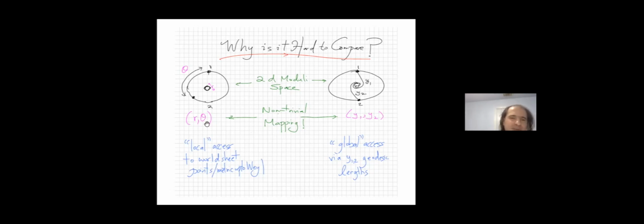the usual string worldsheet picture parametrizes the moduli space. This moduli space of the usual string worldsheet is associated with two numbers, which are the length r here, the size of this little inner annulus you can think of, and the distance between these two marked points. Or if you think in terms of the rectangle model for the annulus, just the side lengths of the rectangle that we're identifying to make the annulus, okay? And this comes from the fact that ultimately in the worldsheet, you have local access to the metric.